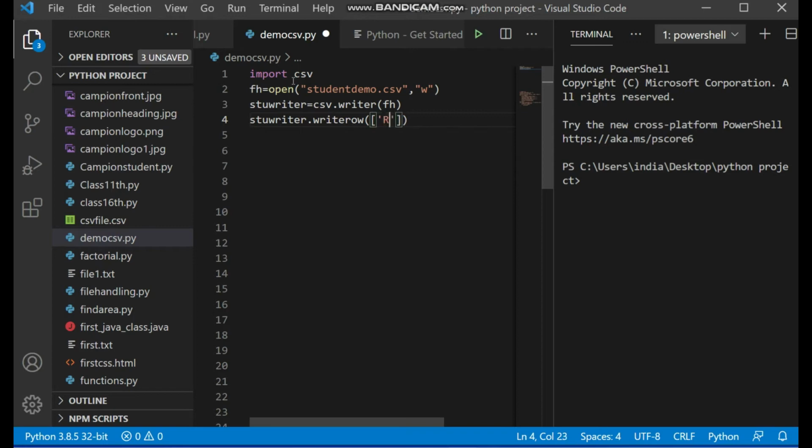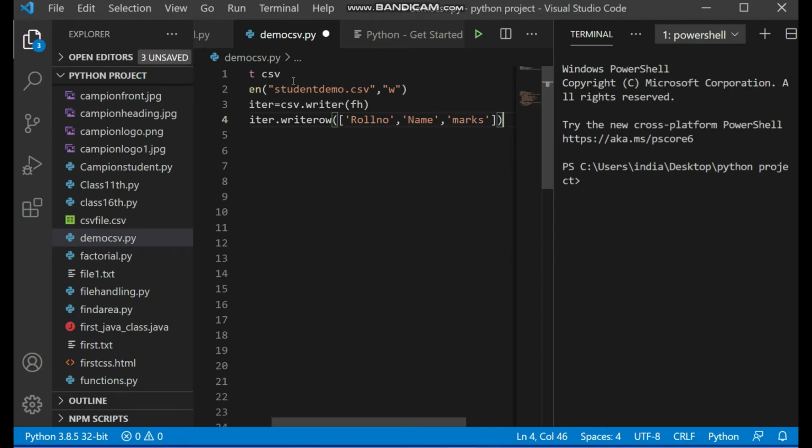Here we will specify properly that we first want to write a heading. So first roll number, then comma, and there will be three things we pass on here: roll number, name and marks.